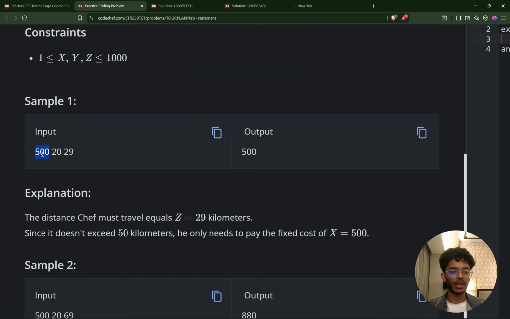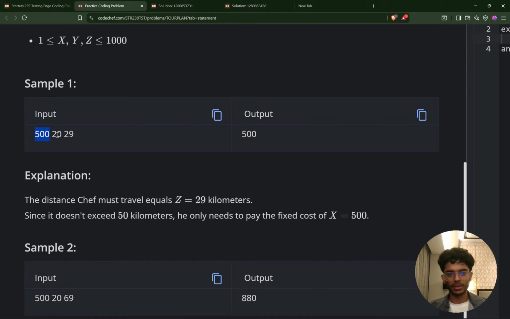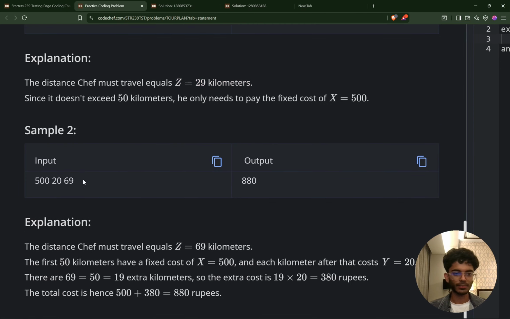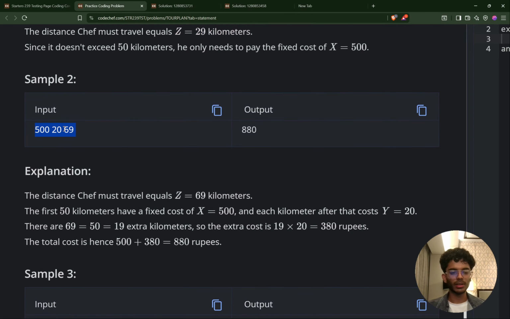In the first input, Chef needs to pay 500 rupees for the first 50 kilometers and 20 rupees per kilometer after that, and he wants to travel a total of 29 kilometers. Because 29 is less than 50, Chef does not need to pay anything extra, so the answer is straight away 500. In the second input, Chef needs to travel an extra 19 kilometers